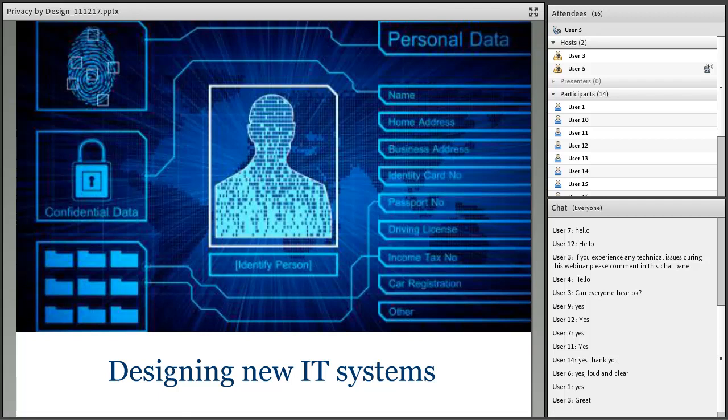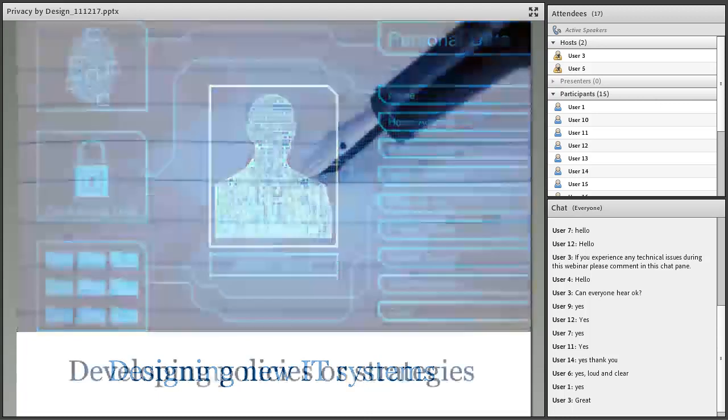Imagine your charity spends 2 months designing a new casework management system. You invest not only time and money, but weeks of staff resources. But just as you're about to roll out the new system across your charity, the person with data protection responsibility pops their head up to advise that the system doesn't actually allow inaccurate personal data to be amended, nor does it allow any data from the system to be deleted when necessary. Had the key individuals been involved from the start, the money and time invested wouldn't have been wasted, as a privacy by design approach would have addressed these issues at the outset.